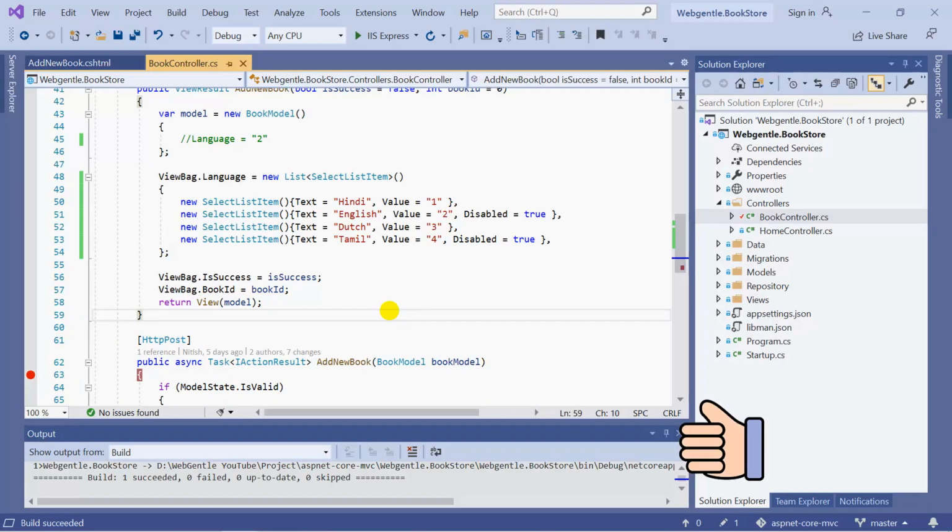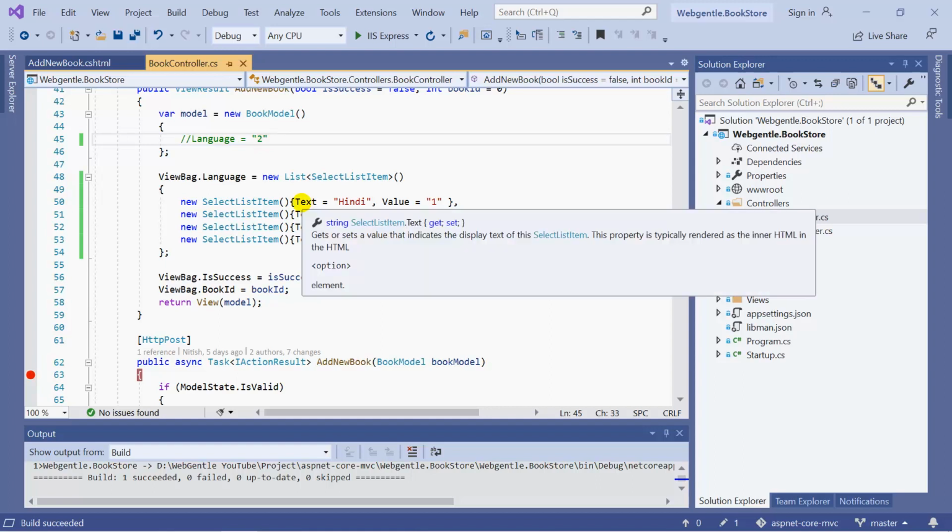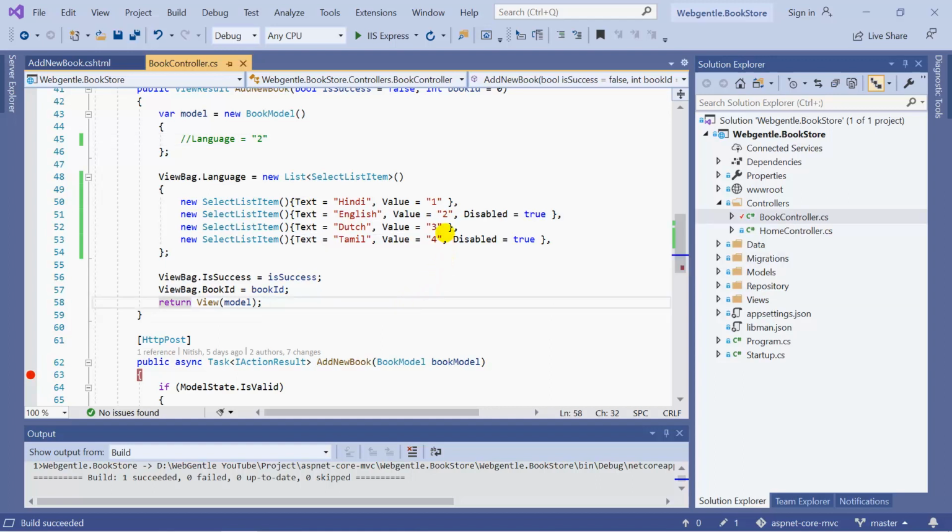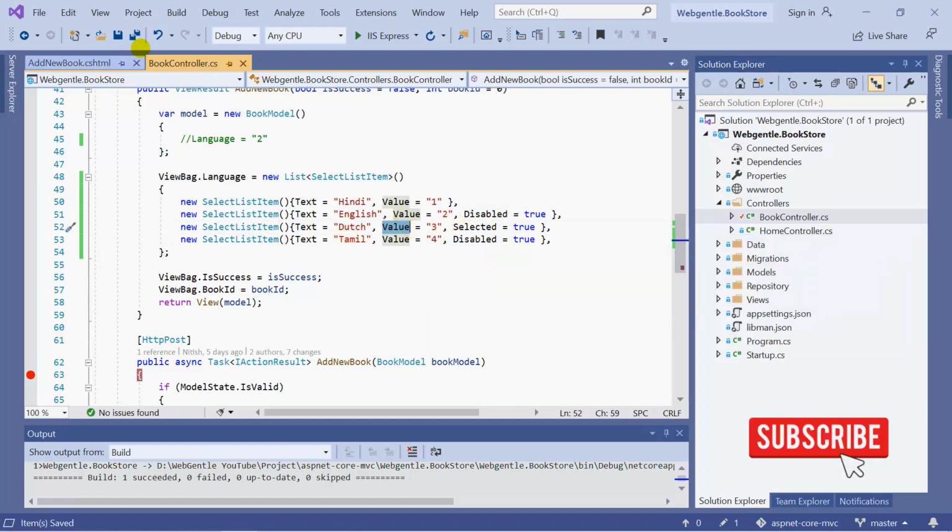If you want to display the default selected value for this dropdown, then either you can pass the data in this property over here, because we are already using the asp-for attribute on the view file, so it will work automatically. There is one more way to display the default selected value, and we can do that easily by using the selected property. Here you can see that we have one property with the name selected, and we can simply pass true to this property. So now what will happen? These two values will be disabled, and this third value, that is Dutch, will be selected by default.